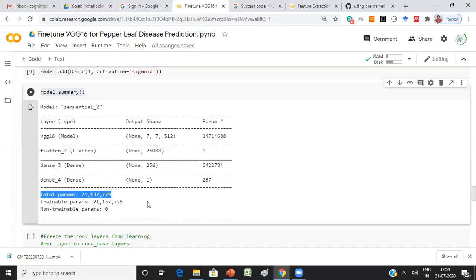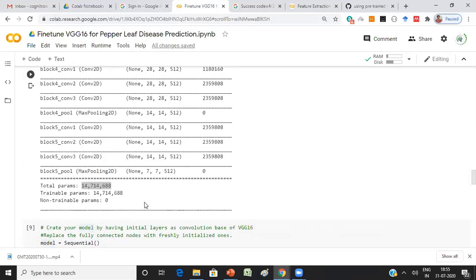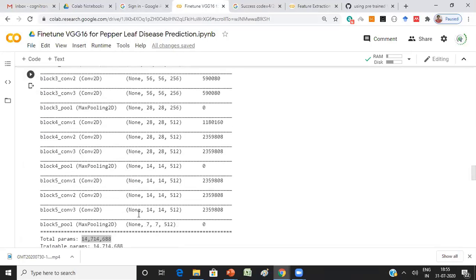If I keep 20%, that is 100 images, for testing, I'll have only 400 images for training. So 400 images for training and 21 million parameters would be very difficult. Overfitting would be the problem. That is why you better freeze all the convolution blocks.